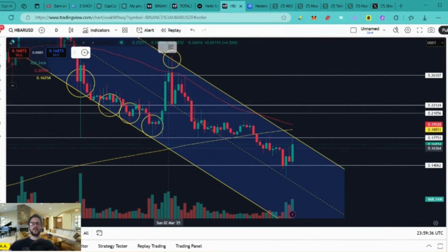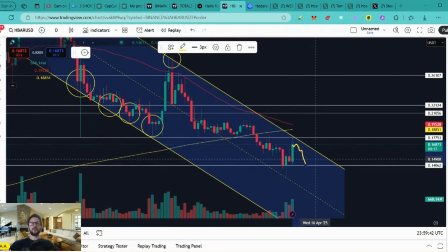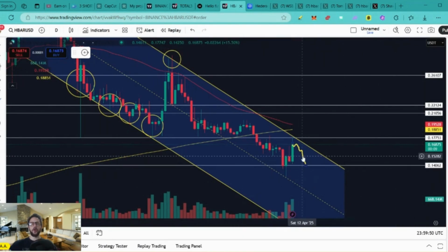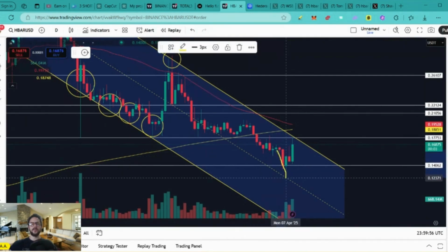Now, if the price action gets rejected here and we see a pullback, I am watching to see if the price action is going to bounce at this key level of support that's located at 14 cents. Because this is a very strong key level of support, guys. As you see, the price action tried to break below this recently, a few days ago. But buyers stepped in and pushed the price action higher, which is very, very bullish.